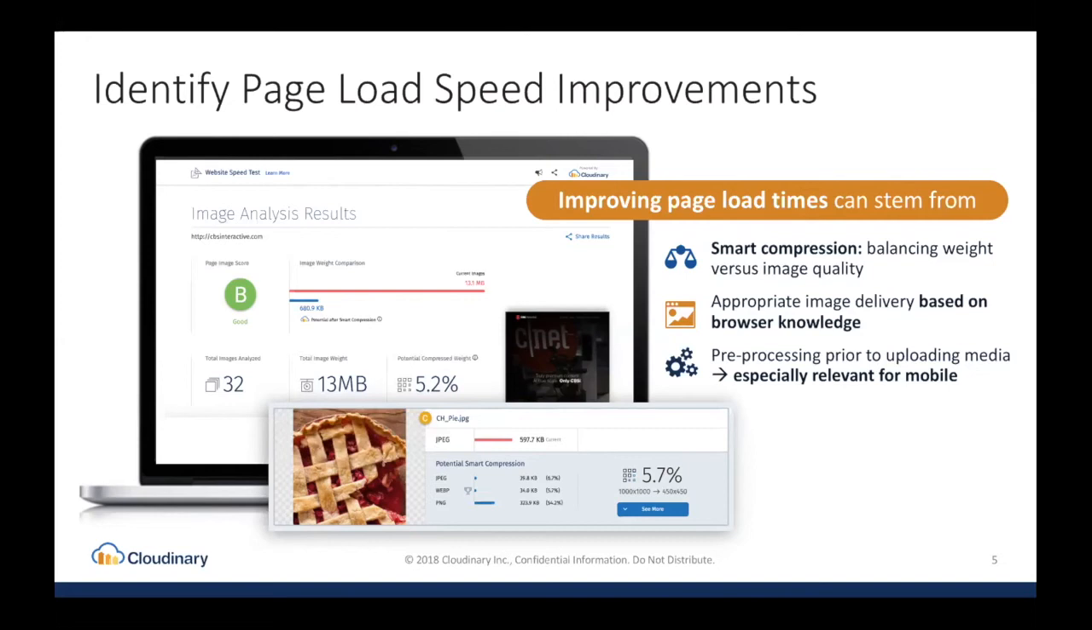And this is especially relevant if you have user-generated content, right? Social media sites or sites in which end users are delivering content that could be in a variety of different formats and different sizes and different image quality. How do you go about standardizing that as part of your application process? So with that, I just wanted to share with you very quickly